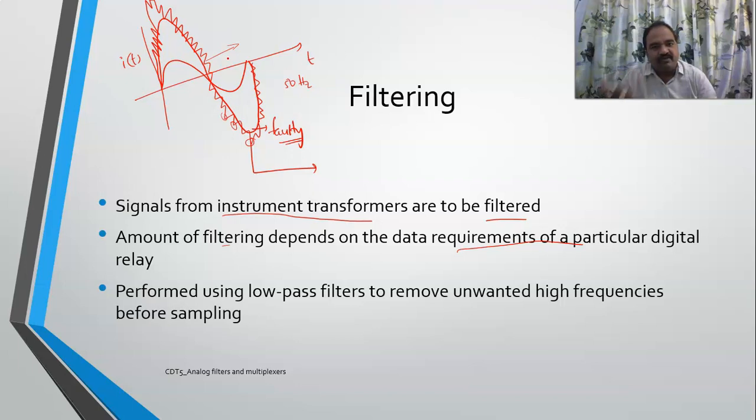So what we do is process it through an LP filter, which removes any higher order frequencies. Let us suppose, I'm just taking a random signal. Don't feel that this is actually a true signal. So let us suppose a signal is like this, and let us suppose it is a combination of, after performing my